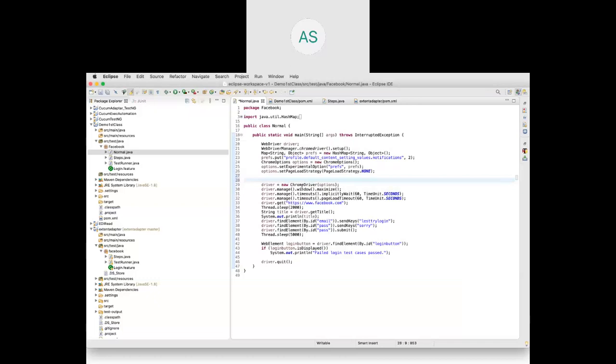Normally you define the path and pass that path to the Chrome driver during creation, but in this case we do it this way. The advantage is that we don't have to download or use an existing Chrome driver. Often our Chrome browser on the machine gets upgraded, so you have to change the Chrome driver again and again. That is really painful work, but in this way it will not be an issue.